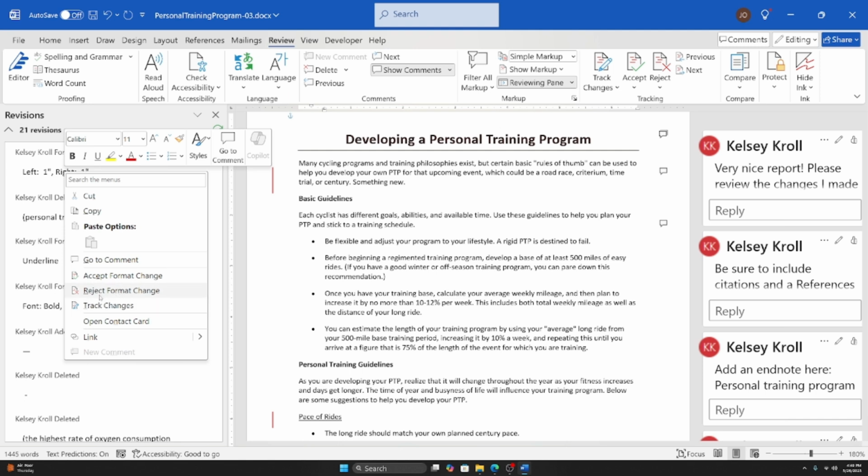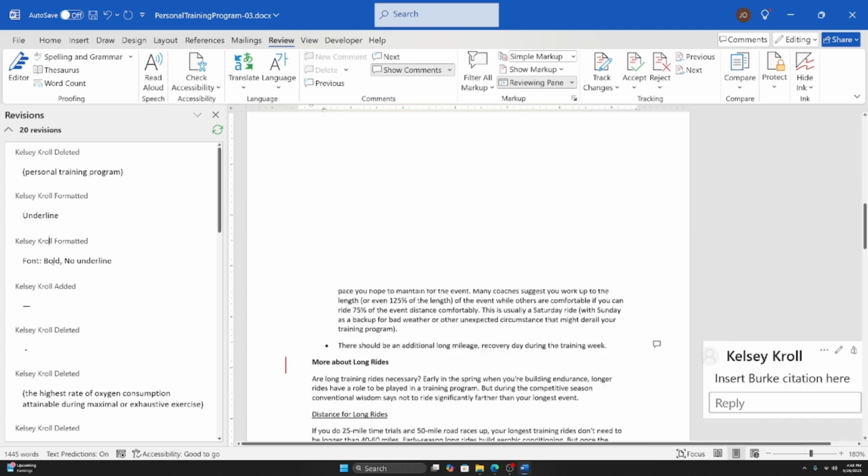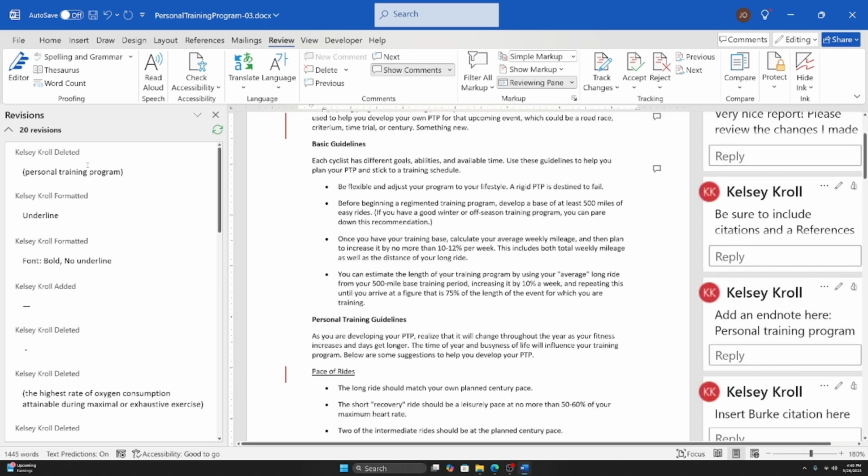So if I click on reject, there we go. Notice we go down to 20 revisions and it went back to what that originally was. So you could go through each of these changes, reject and accept, which ones you do like. At least for your assignment, there's some things I do want you to include and remove, but you could also go here to, so we're